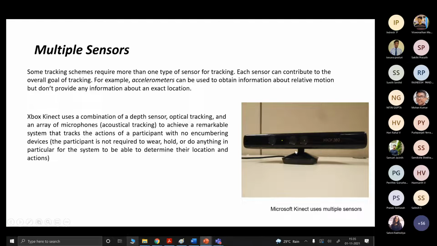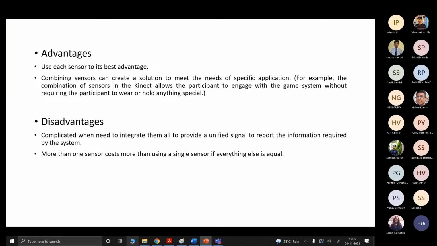The best example for multiple sensors is Xbox Kinect, which uses a combination of depth sensors, optical tracking, and an array of microphones to achieve the AR experience, to determine the location and the orientation.